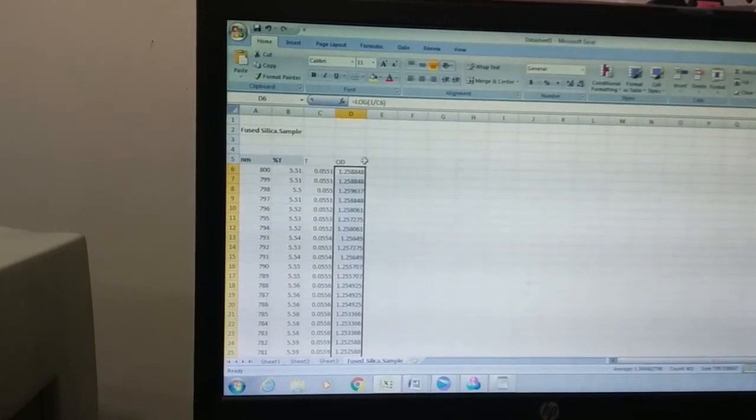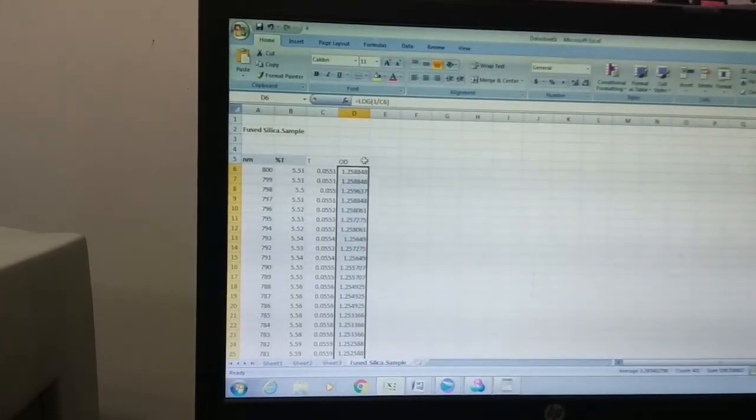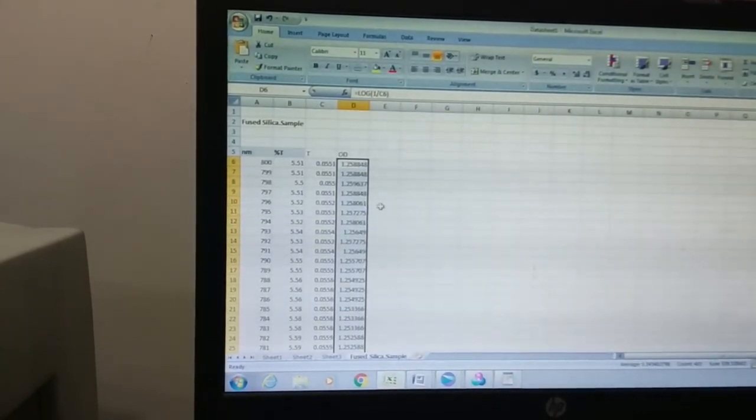Here I will get the optical density data for different wavelengths.